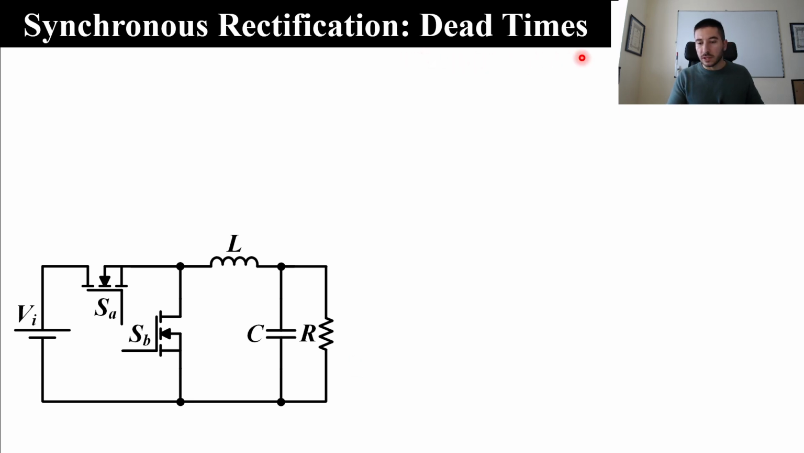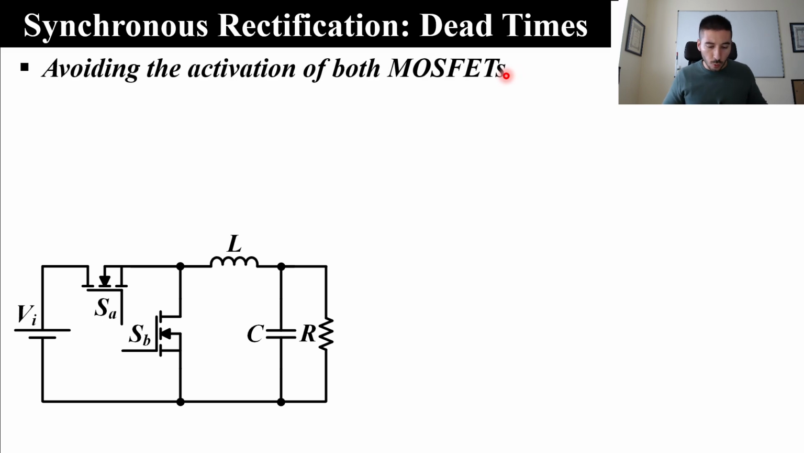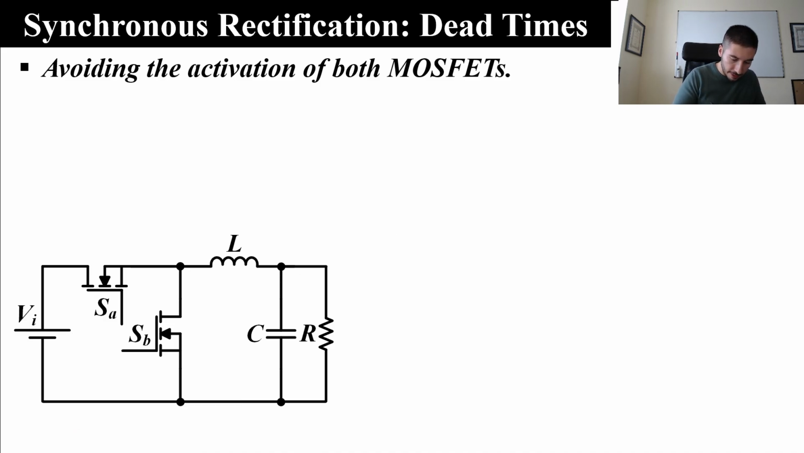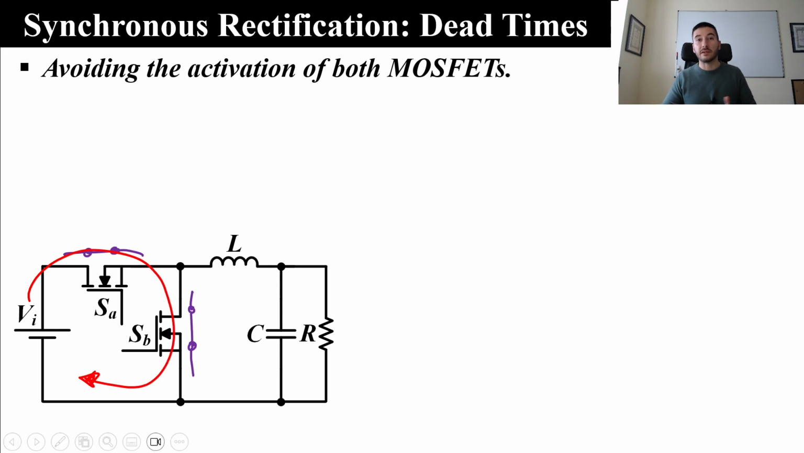A very important point we have to take into account is the dead times. We include dead times in the control signals of both MOSFETs in order to avoid a situation in which both devices are in on state at the same time. If both devices are on at the same time, we have something like this. Here we have a short circuit. So the problem is that we have a high current flowing in this way, and probably that current will destroy